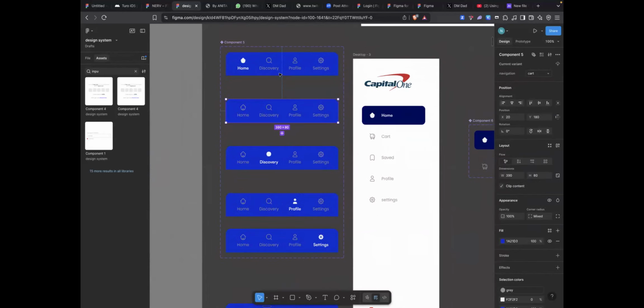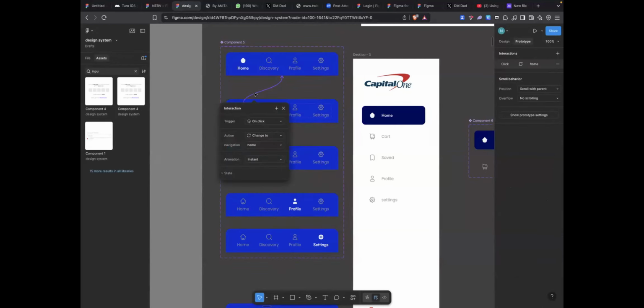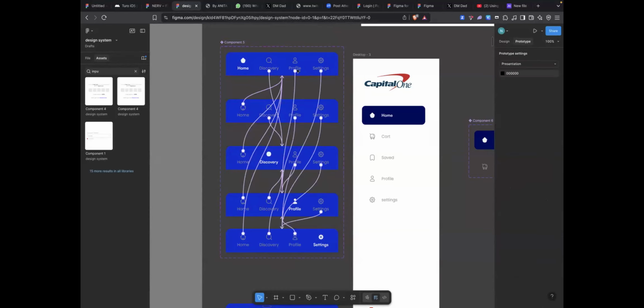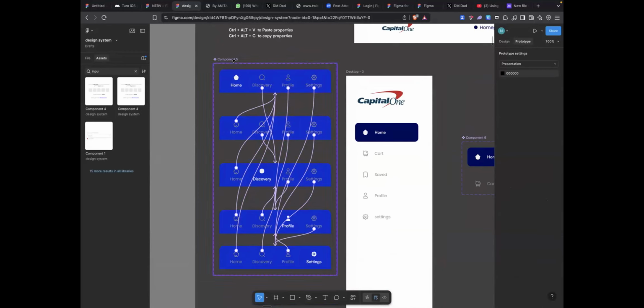This is my navbar. Already you can see when you click on it, it's already prototyped. Why is it prototyped? Because when I click on this thing, you see everything is prototyped. When I click on home, it will take me to this one. These are the interactions between my navbar when it is in active mode and when it's in inactive mode. So this is the full interaction. I don't need to start redesigning my navbar ever again.